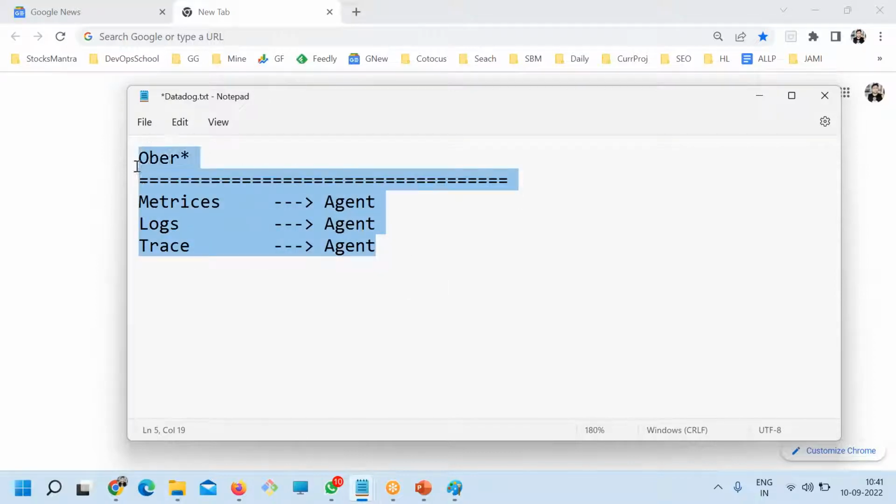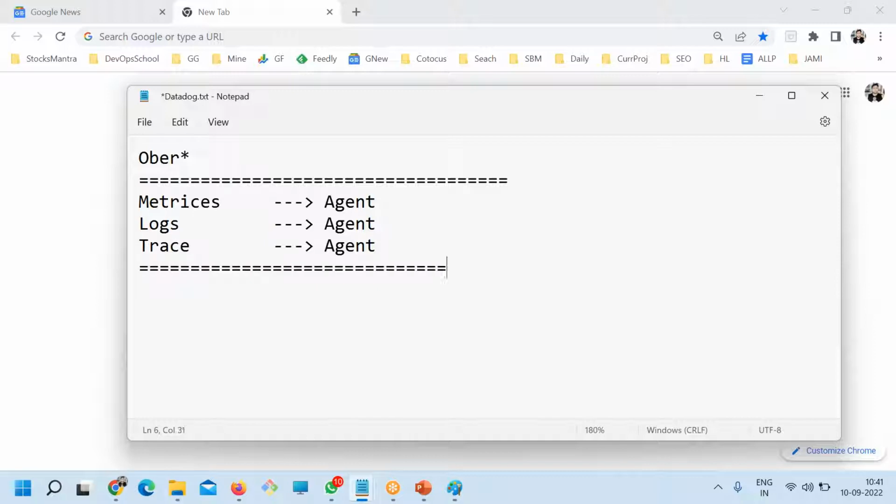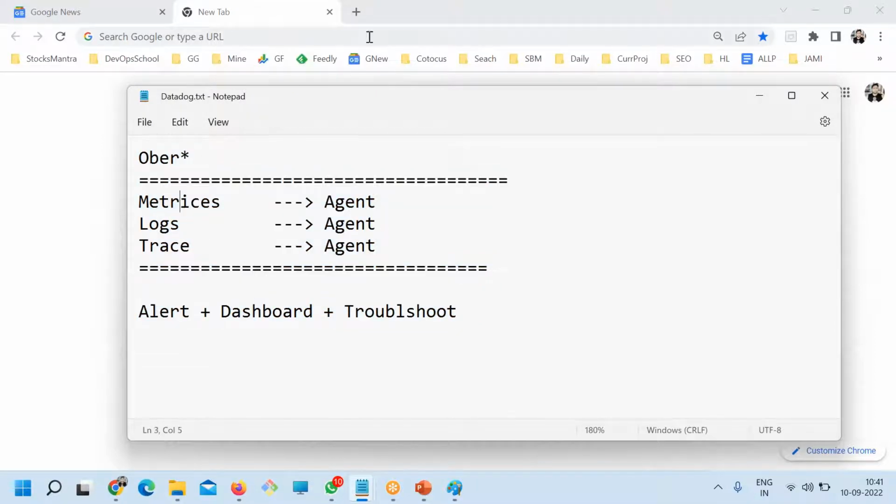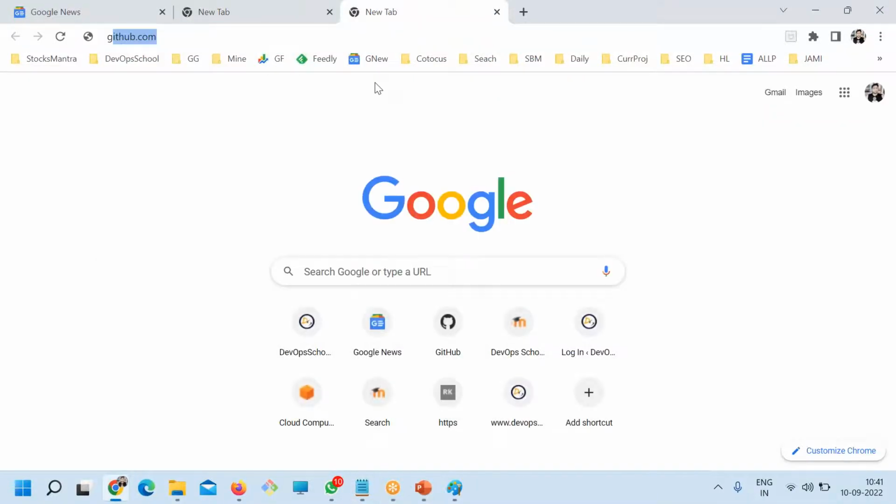So all these things we will gather, and once we have all the system in place, then we will set up alerts and dashboards, and troubleshoot also if you want to look into issues. So these are the things which we will set up. So let's get started. So Datadog